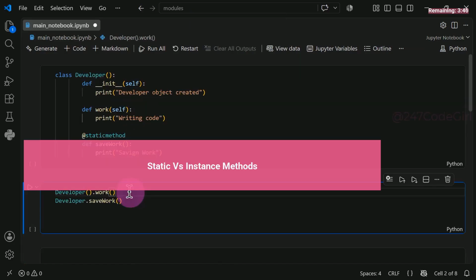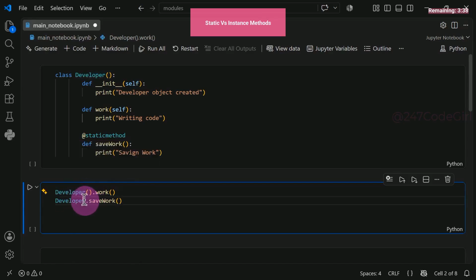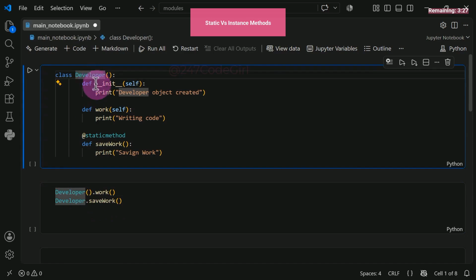or email. In Python, you can create objects from classes and discard them immediately. Take a look at this syntax. Notice anything unusual here? They look almost identical, but something is different. Yes, they call different methods, but look closely at this part right here. This is the developer class, a simple one. When initialized, it prints developer object created. Then when you call the work method on it, it prints writing code.